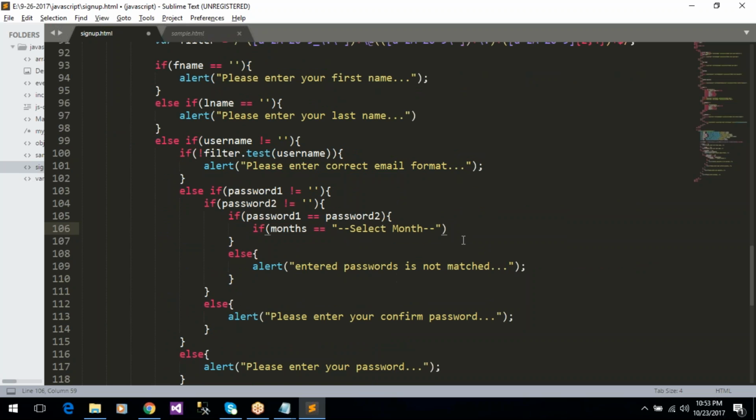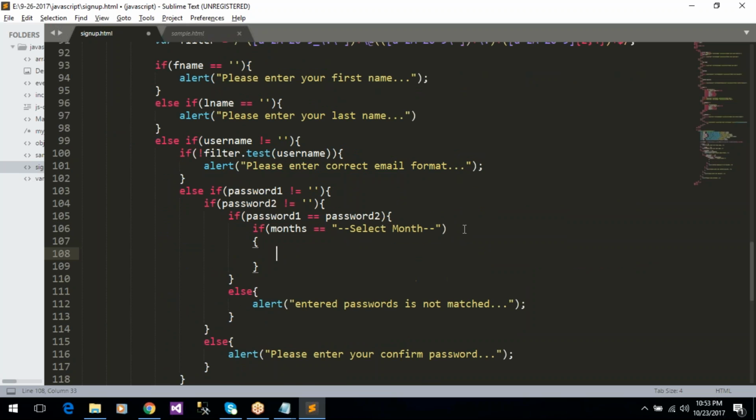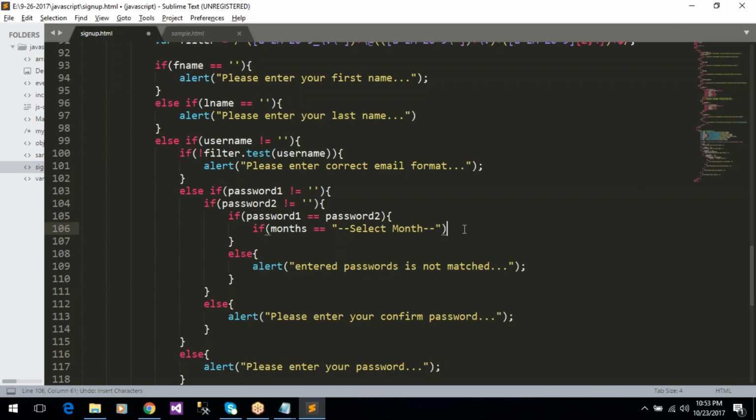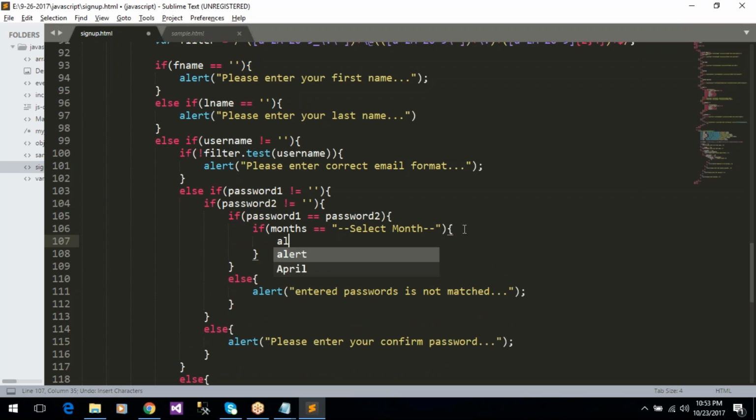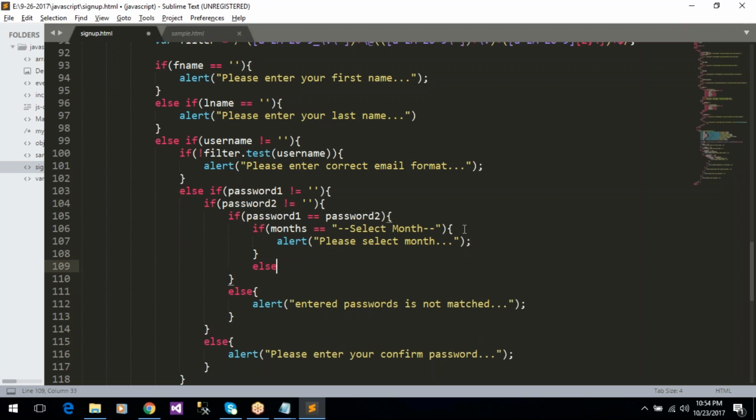It will display an alert message: Please select month. Okay, and also else if